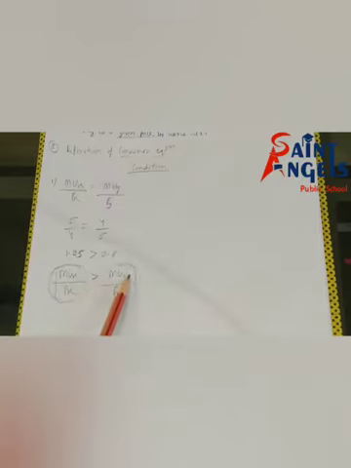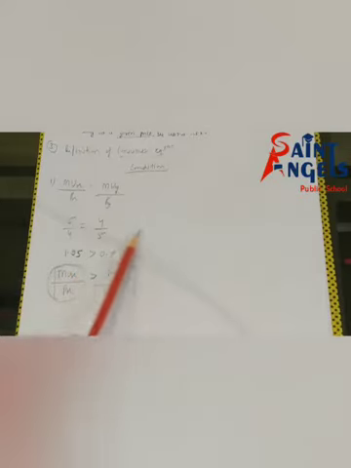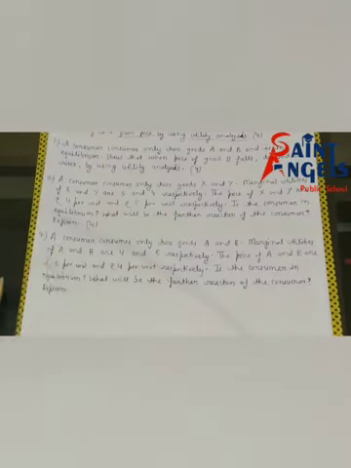It also means that marginal utility in terms of money in case of good X is greater than marginal utility in terms of money in case of good Y. So consumer will purchase more units of good X, and this leads to a decrease in marginal utility of good X. This process will continue till MUX upon PX is equal to MUY upon PY. I hope all of you have understood. This is the complete answer of this question.